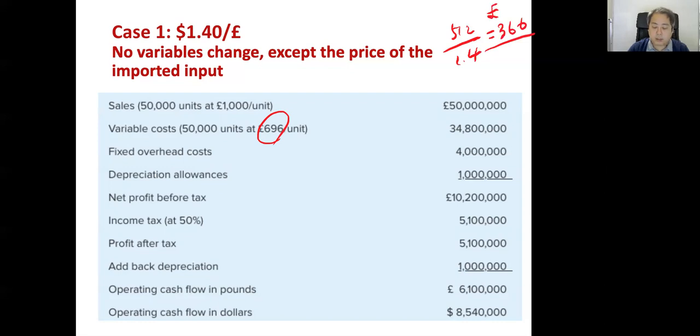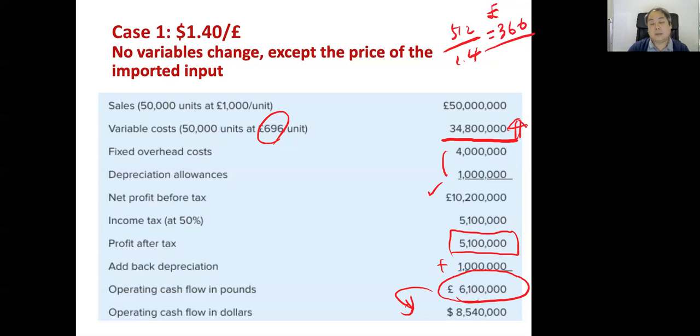So now your variable cost increases, and you have the same fixed overhead costs and depreciation allowance. Then you have taxable income, $10.2 million, I believe, which declines because your cost increases, right? And you pay tax, and your net income is 5.1 million. You have to add back depreciation, then you have 6.1 million pounds operating cash flow because your variable cost increases, because your imported goods price increases, basically the value increases. And also, that's a competitive effect, and there's a conversion effect because it's 6.1 million pounds now